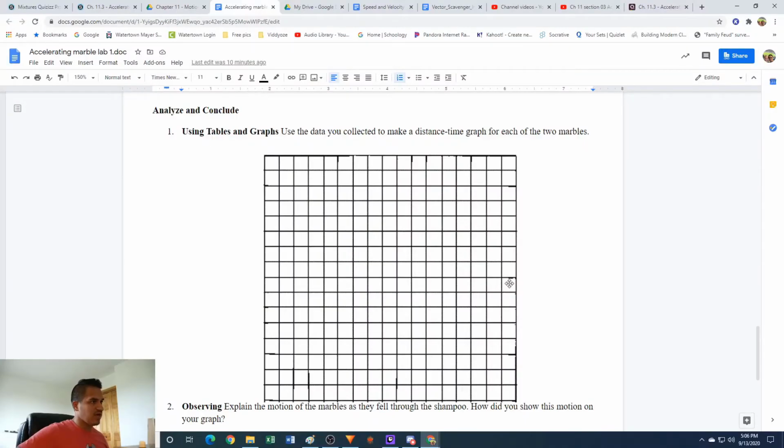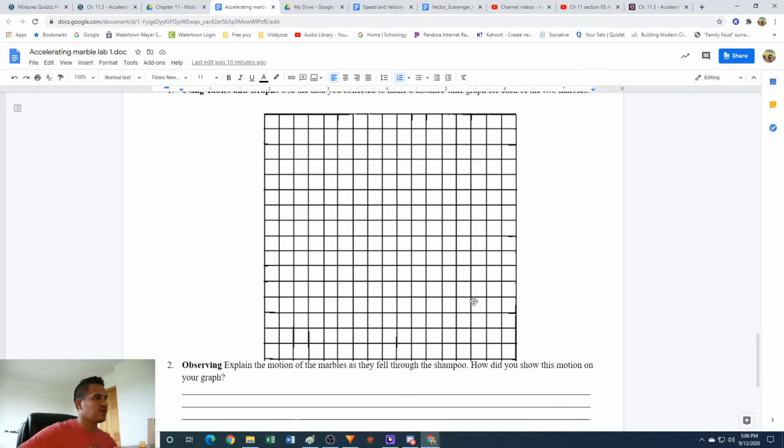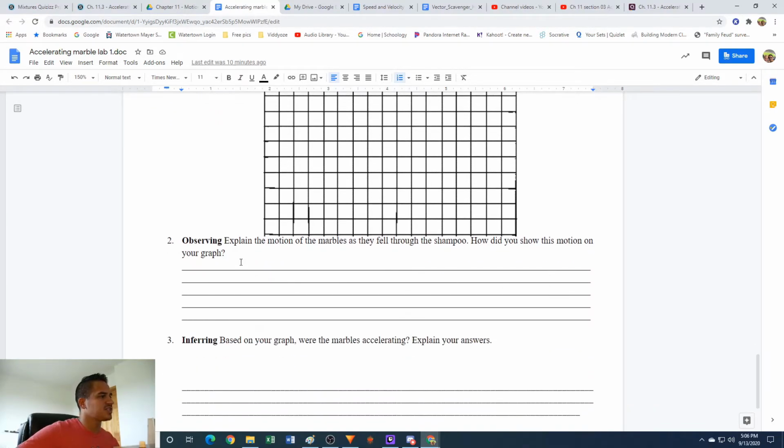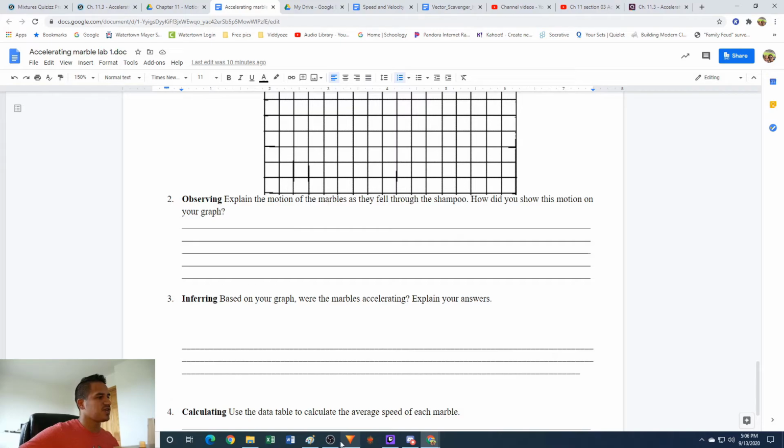Let's go back to our handout. Okay, so we've graphed our stuff. Number 2 says, explain the motion of the marbles as they fell through the shampoo. How did you show this motion on your graph? So basically, we're just going to explain what our graphs look like. And our graphs were,